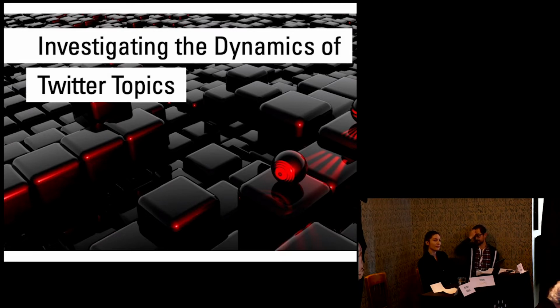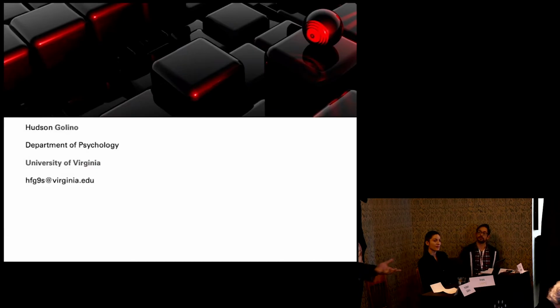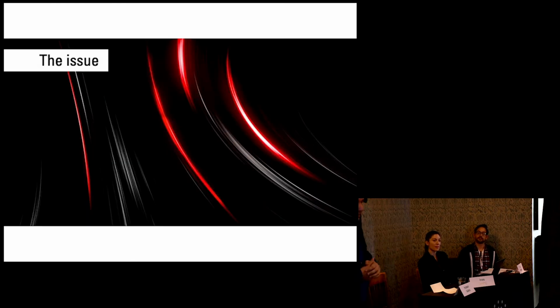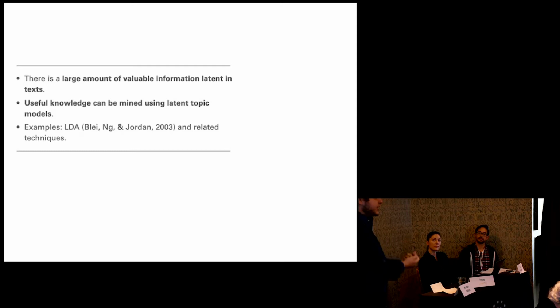The issue we have is basically there is a huge amount of textual information that we have nowadays, right? Social media is a great source, but we also have newspapers, books, etc. So there is a huge amount of very valuable information hidden in text. And we can use text mining to help us extract this useful information or useful knowledge from text, and then help us understand how people work, how social systems change, etc. So there are many interesting things we can do. One way to do that is to try to identify topics in text.